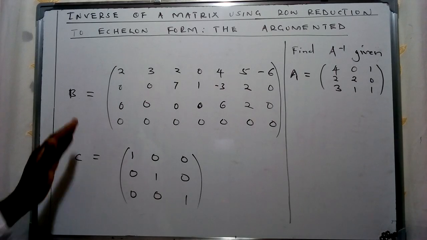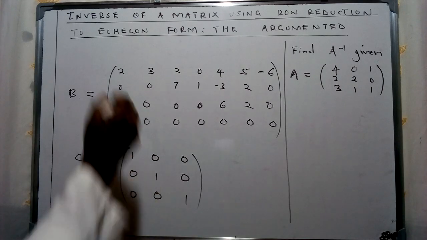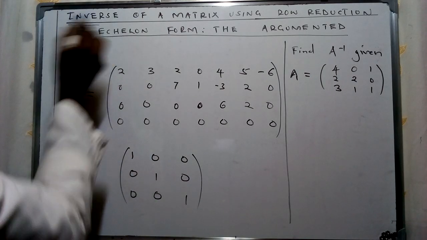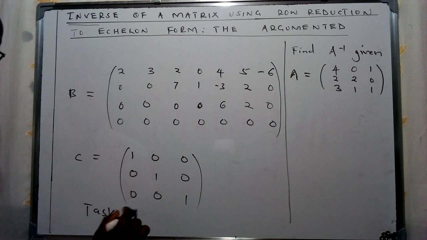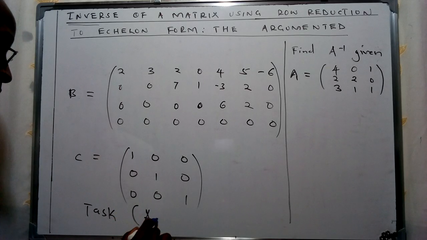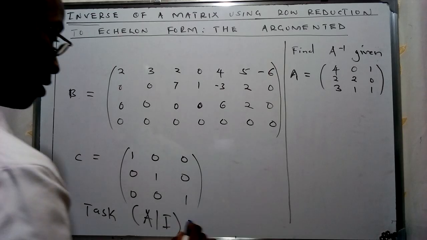Now, in this particular case, we're going to see that there's a procedure which we are going to involve in order for us to come up with the inverse of this specific matrix which we are required to evaluate. And this is going to be referred to as the augmented form which I've given on the board. Therefore, our task in this specific case is to take this specific form of a matrix A given as such and transform it